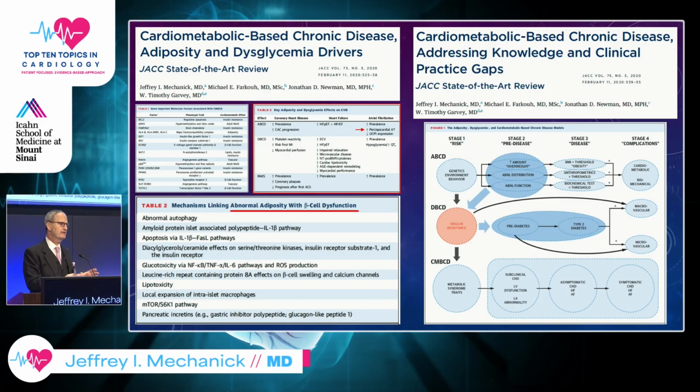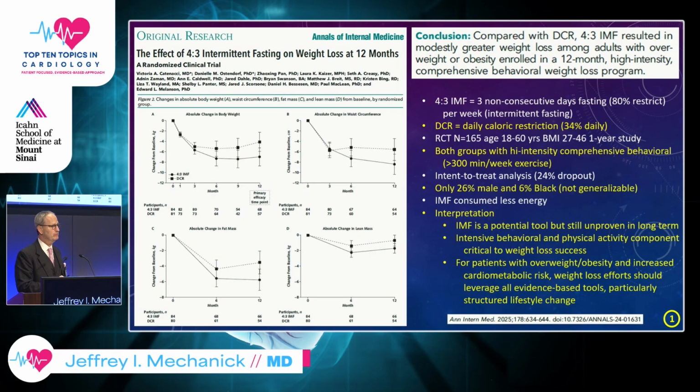For diabetes, instead of looking at prediabetes in isolation or insulin resistance in isolation, putting them all under the umbrella of dysglycemia-based chronic disease. The two intersect, you can see on the right side where the orange is, they intersect at this key point of insulin resistance. And then everything feeds forward down to 4 stages of the chronic disease: risk, pre-disease, disease, and then complications. And ultimately, the goal is complication-centric, to prevent these complications. And you want to start as early as possible because of this exposure effect.